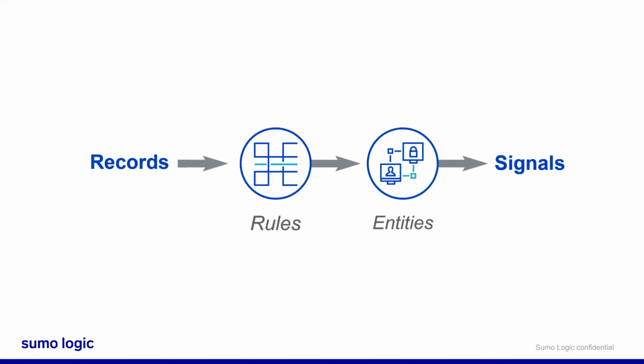There we go. So what we're now looking at is the record. It's past that parsing enrichment step. It's now turned into a record. Each record is going to be ingested into Cloud SIEM, and it's going to be compared to hundreds of built-in and custom rules. We'll talk about how those rules get in shortly as well. But if a rule triggers, an entity is going to be extracted, and then a signal is going to be created.